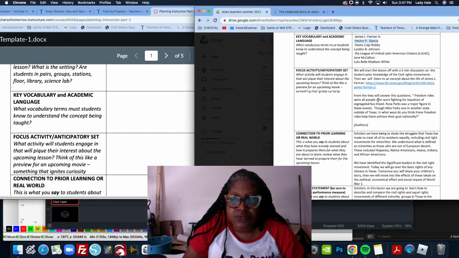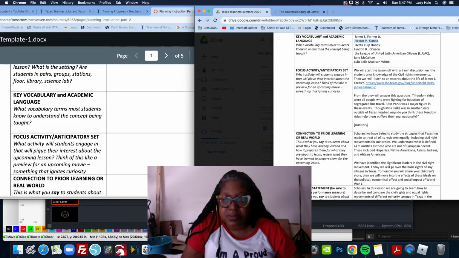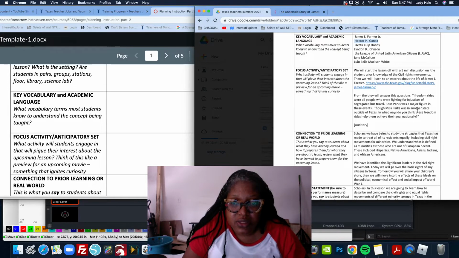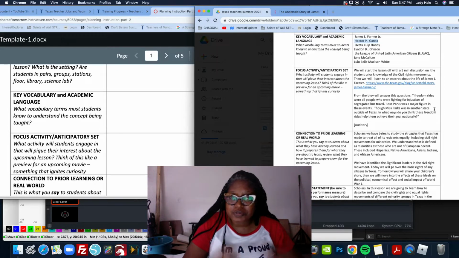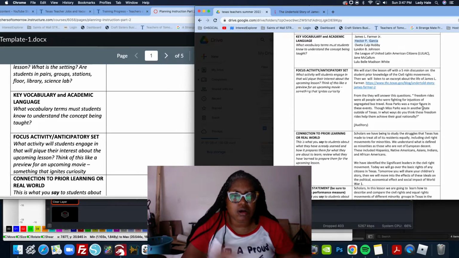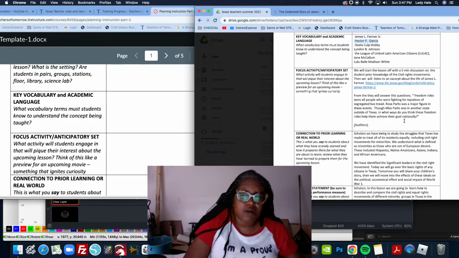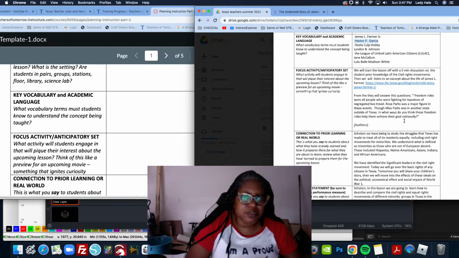Freedom rides were all people who were fighting against the injustice of segregated bus travel. Rosa Parks was a major figure in those events. Though Ms. Parks was in another state outside of Texas, in what way do you think these freedom rides helped them achieve their goals nationally? Right? Because the freedom rides weren't just in Texas alone, but they also affected public transportation all over the United States of America, right? So now we're recalling their prior knowledge, because all through high school, all through elementary school,